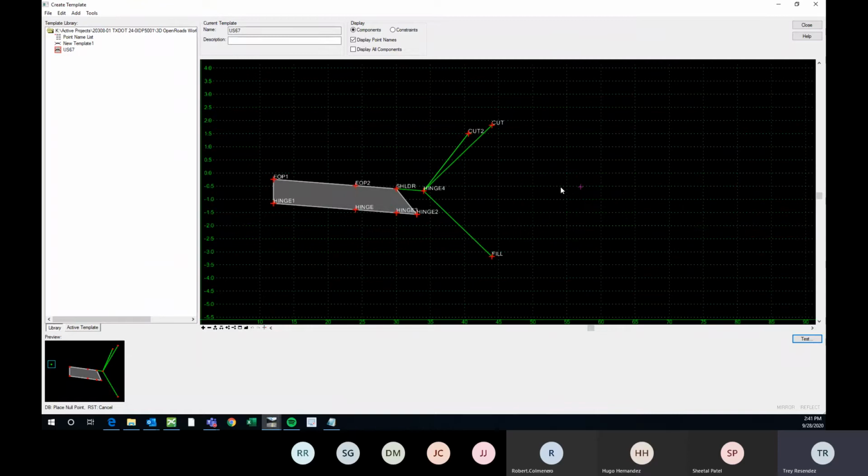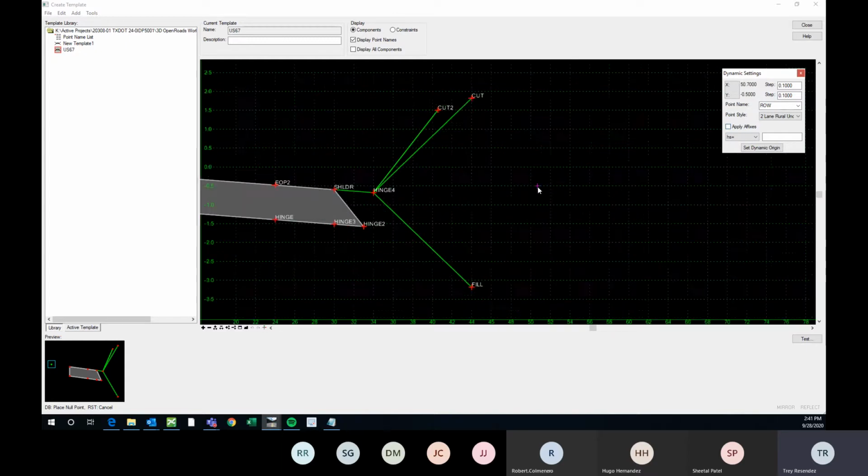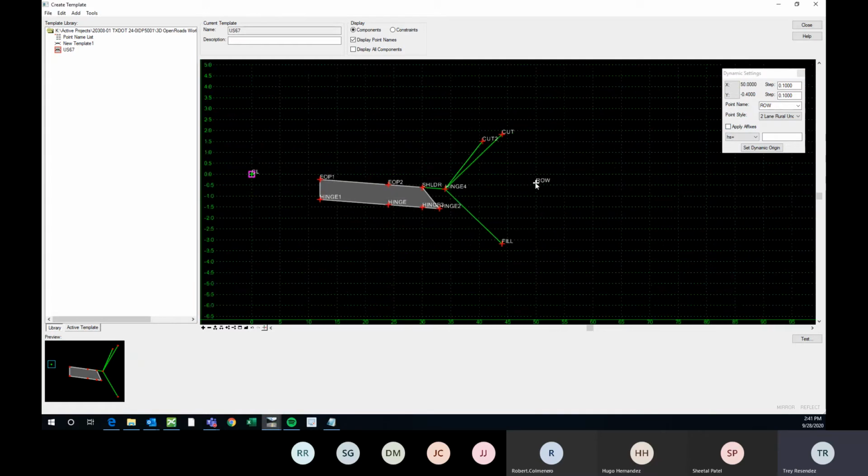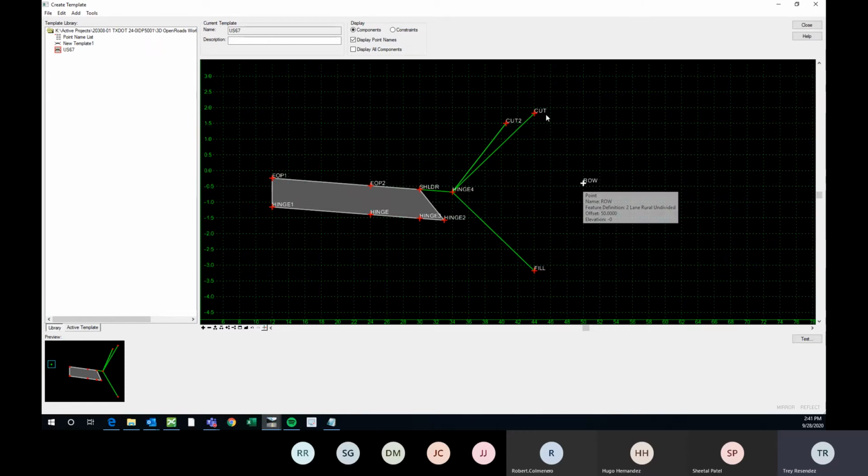So now let's add a point for the right of way, and then I'll show you how to point control to that right of way, so we can have more realistic grading for this project. Right of way, if we want that. So I'll put my right of way somewhere, it doesn't matter where it is, because we're going to point control to the geometry that we already created for the right of way. So now that we have our point for our right of way,